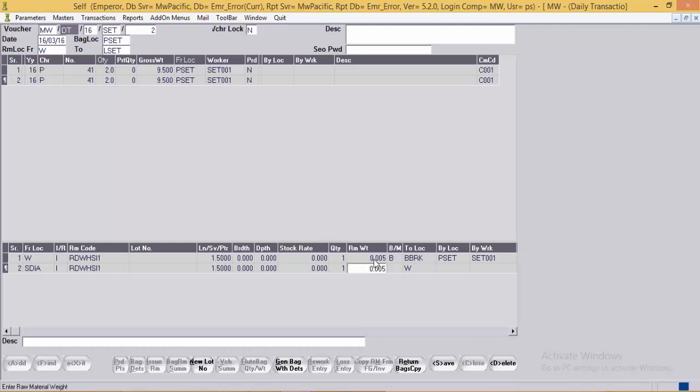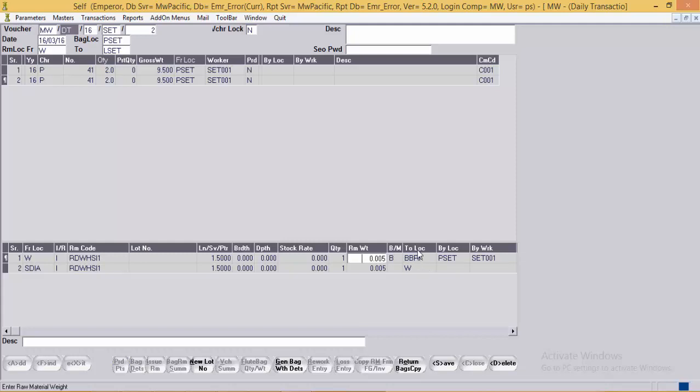Now here, when we are entering the weight of broken diamond, this is not necessarily the actual weight of the broken diamond, but in case of breakage, user needs to issue the same weight which is being issued by the stock of diamond to the bag, because no one knows the actual weight of the diamond which has been broken.